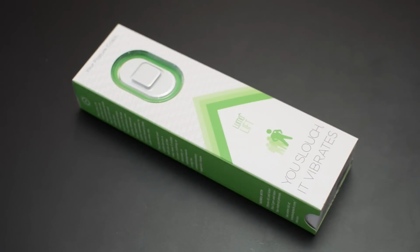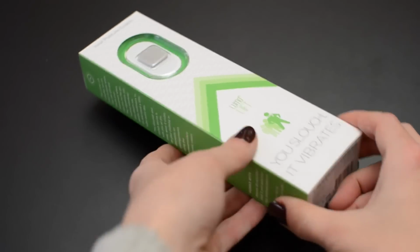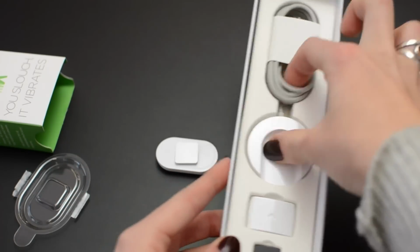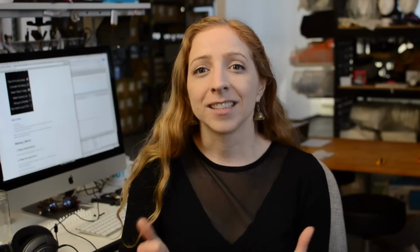Welcome to another Adafruit Wearables teardown. Today we're taking a look at the Lumo Lift. It's a posture sensing wearable you attach to your shirt with a magnet, and it vibrates when you slouch. The companion app has some rudimentary activity tracking, as well as tracking your number of hours with good posture. If you're a desk jockey like me, this can come in handy to help protect you from back pain and